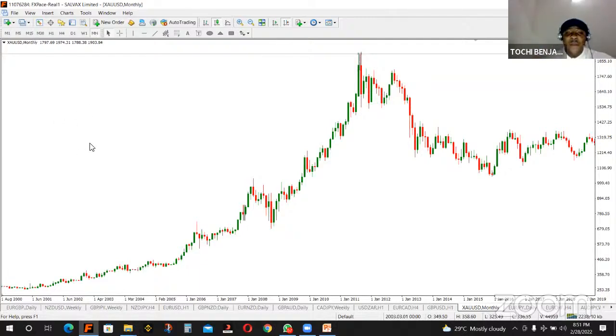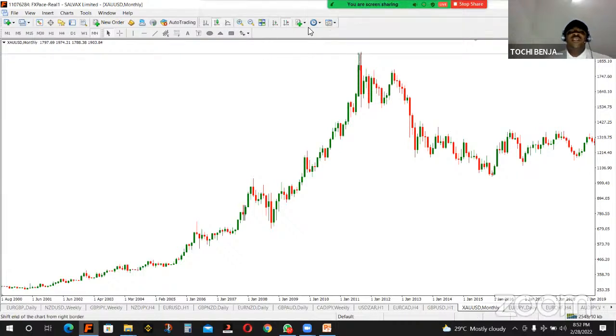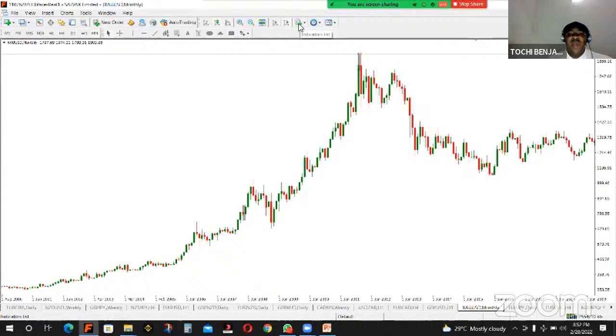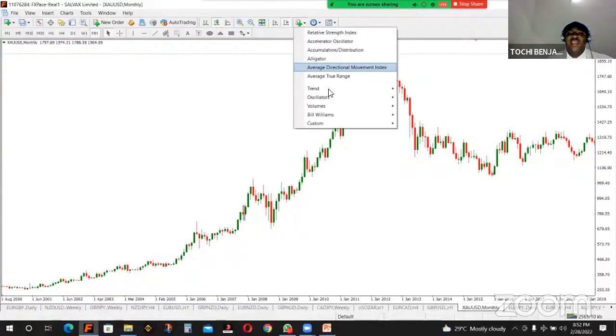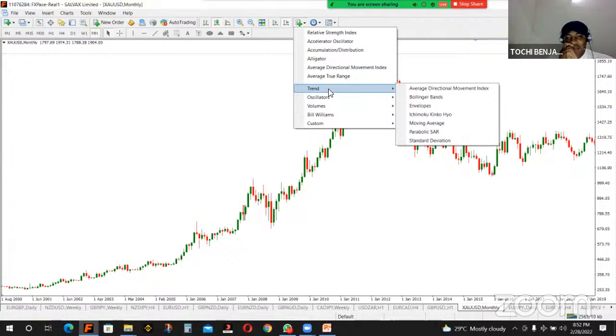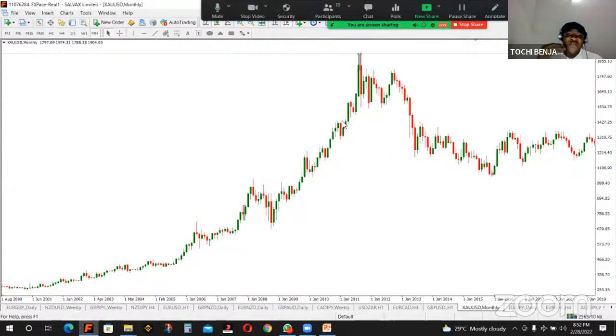So now, if you're using one moving average, let me put my moving average on my chart. Look at how I put it on the chart, please. At the indicator list, I will click on it and go to trend. It is called a trend indicator because it is on the body of the chart. By the time we go to oscillators, the likes of relative strength index, MACD and stochastics, those have their own window different from the chart.